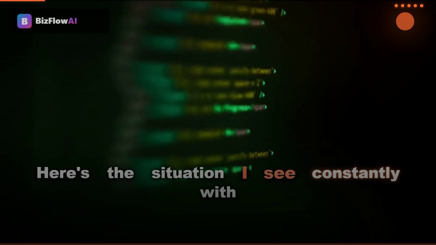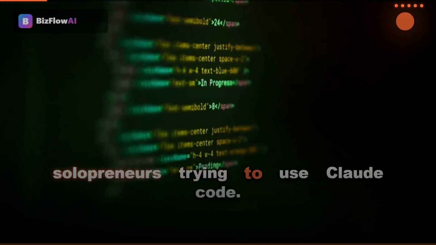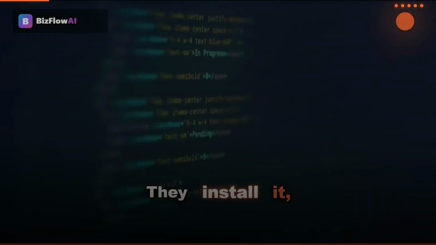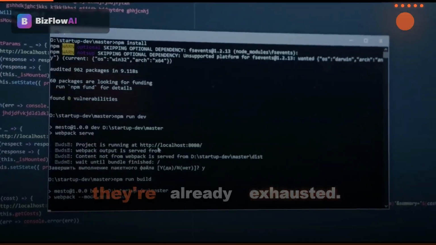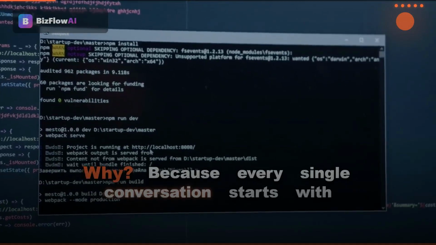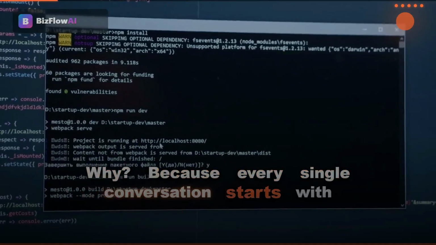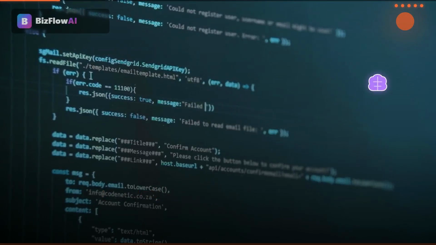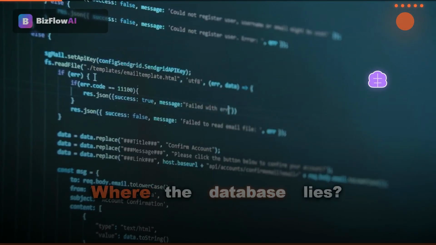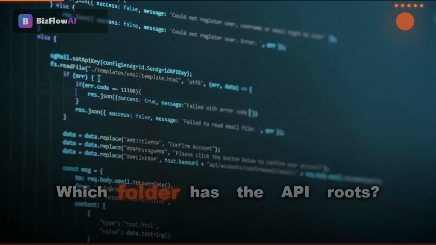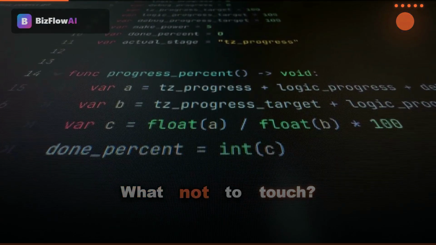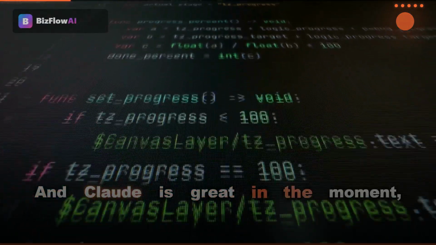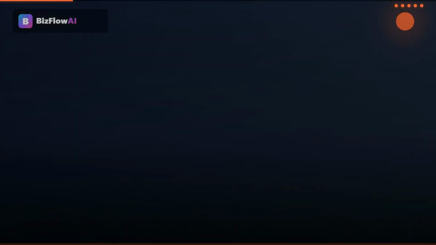Here's the situation I see constantly with solopreneurs trying to use Claude Code. They install it, they get excited, they ship one feature, and then by session 3, they're already exhausted. Why? Because every single conversation starts with them re-explaining the project. What stack are we using? Where the database lives? Which folder has the API routes? What naming convention they prefer? What not to touch? And Claude is great in the moment, but it has no idea what you did yesterday